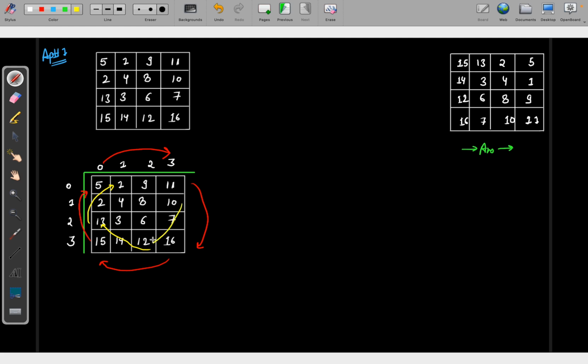Similarly, 10 will fill the 12th space, and 1 will shift here, right? So this is how I want to basically fill it. Okay, so let's understand how I want to fill it. I want my 0th space, that is 0 comma 0, should be filled by